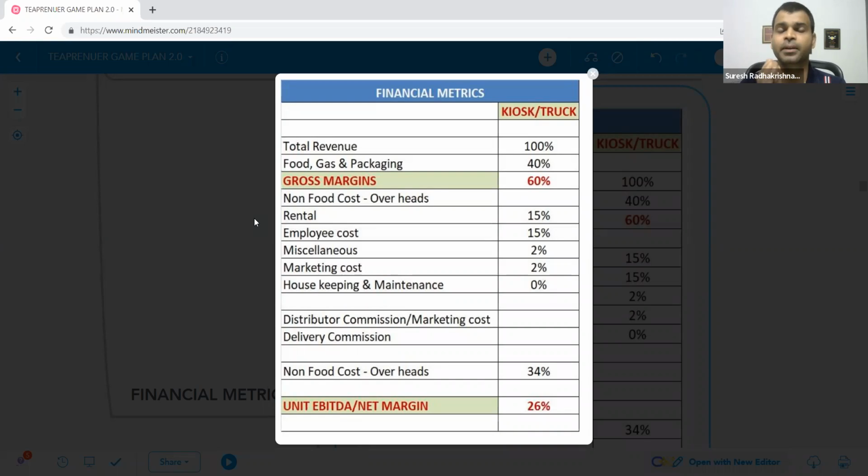A lot of people make mistakes without understanding this economics. If you get into a location where your rental is huge, that will eat your profit. You will never make money. I was talking to one of our members who had already started the outlet and then got into the membership. He started an outlet in the outskirts of Bangalore. When he started, he hired a team master from the market.